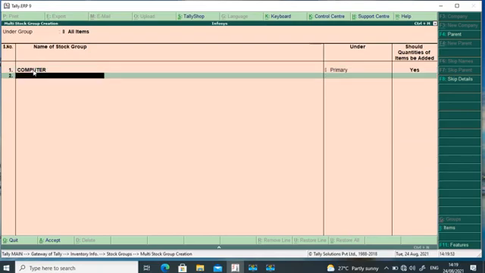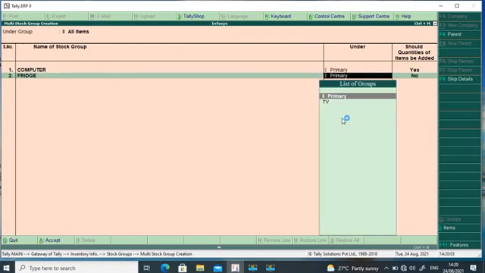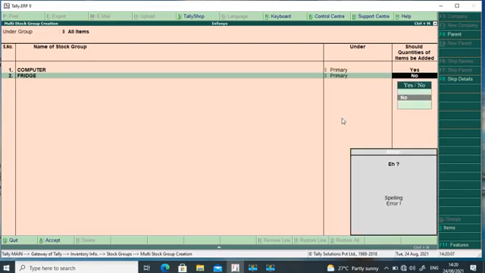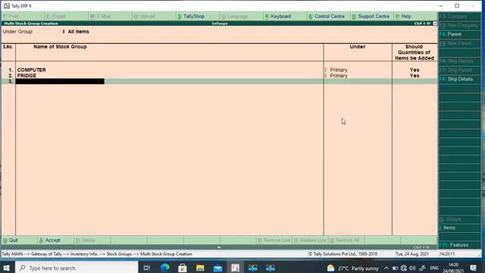Then again, if you want to create the fridge group, click enter, then primary group, and yes.